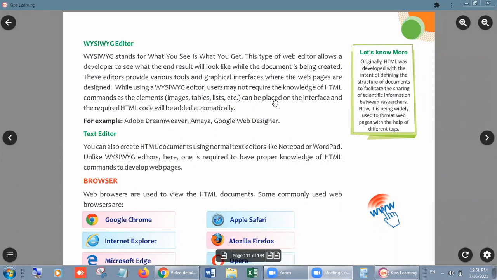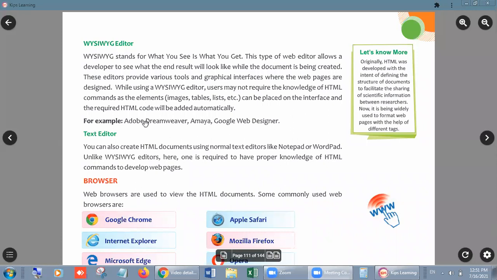There are two types of editors, beta. The first editor is one in which what you see is what you get. It means you have to design only the output. Suppose you want this table, then you design it and type something into it directly. The related code, the related program, will be converted automatically. There is no need to write any command because there is no need to know the HTML commands for that. It is quite easy, but it does not always work for you.